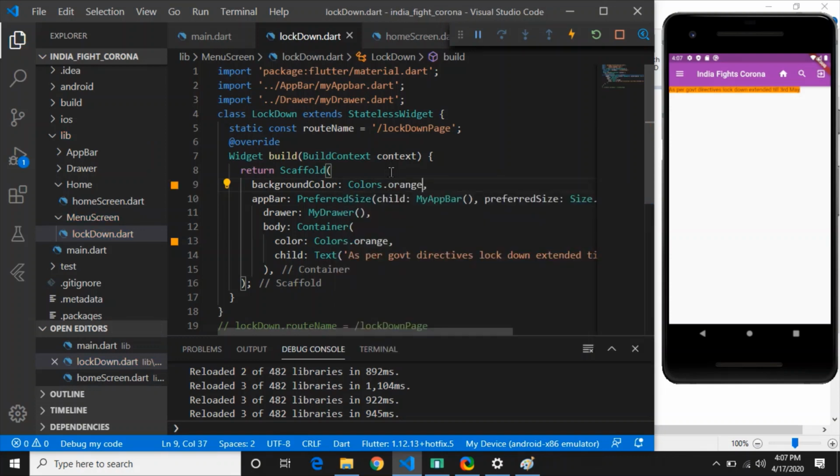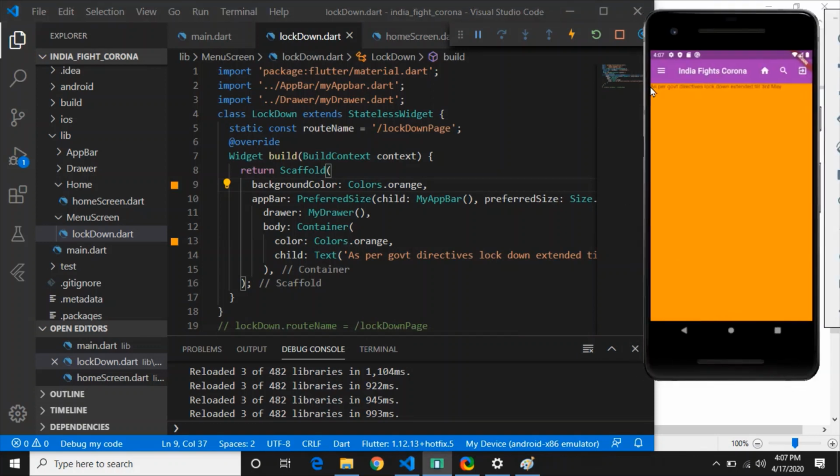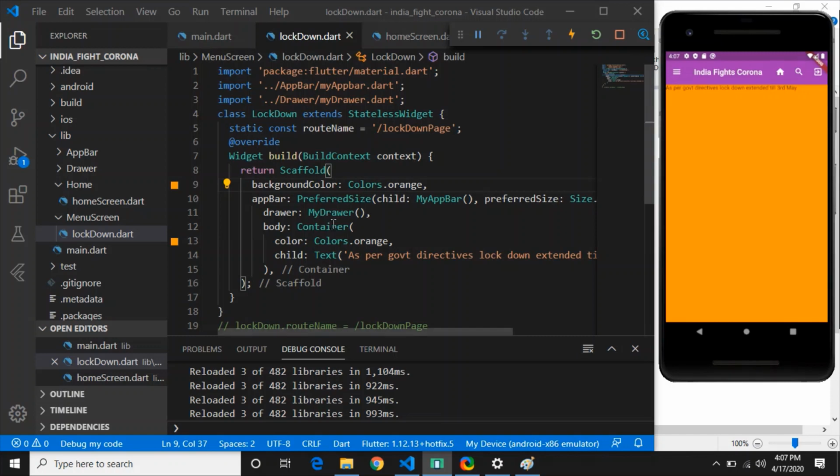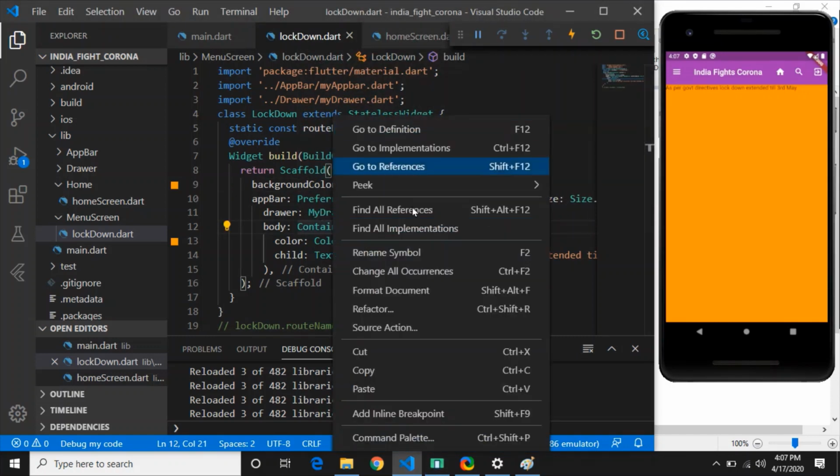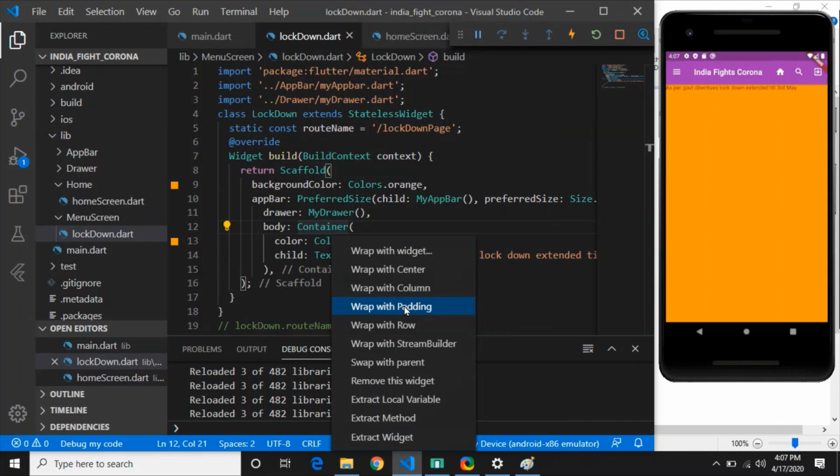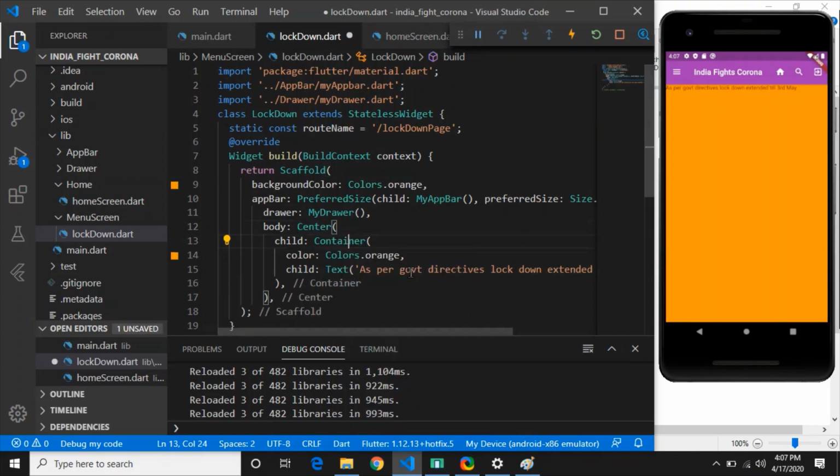Now what we will do, I want this text to be at the center as per government directive. So I will wrap this with the Center widget. Don't need to do anything, just wrap with Center. Yeah, it's coming at the center.